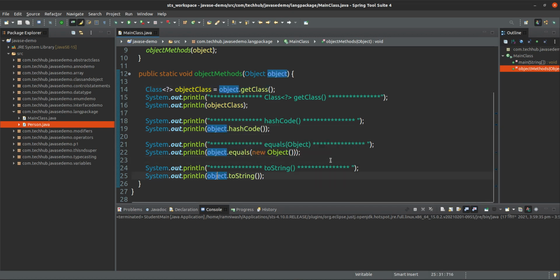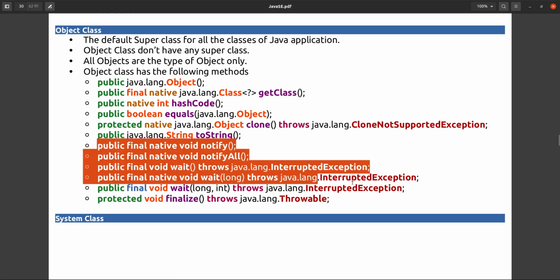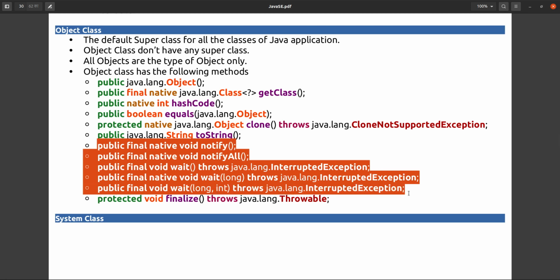These methods are important here, because the other methods are protected or related to the threading environment, so we cannot use them. These methods we can use when we learn multi-threading in Java, because they are usable only when your object is running inside a thread. So we are not using them here.